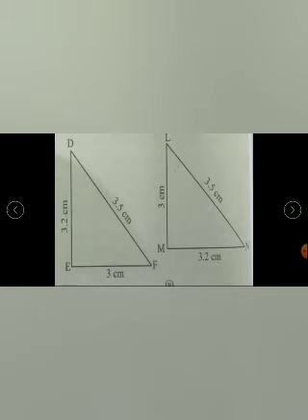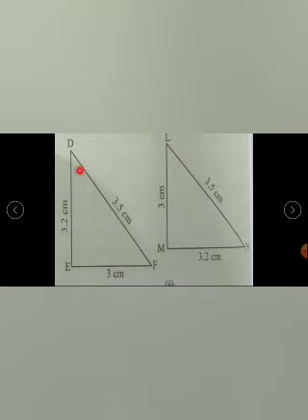Next one question. Here we have two triangles, isn't it? Now we have to identify the corresponding parts, corresponding sides. Which all are the corresponding sides? Here we know EF is equal to 3 cm, ED is equal to 3.2 cm and DF is equal to 3.5 cm. Here MN equal to 3.2 cm, ML equal to 3 cm and LN equal to 3.5 cm. So we have to identify which are the corresponding sides. Here we have EF equal to 3 cm. So in this triangle, where is the 3 cm? Here, isn't it? So what is the corresponding side of EF? ML is the corresponding side of EF.